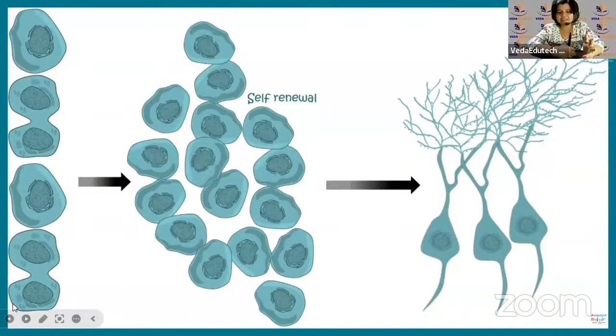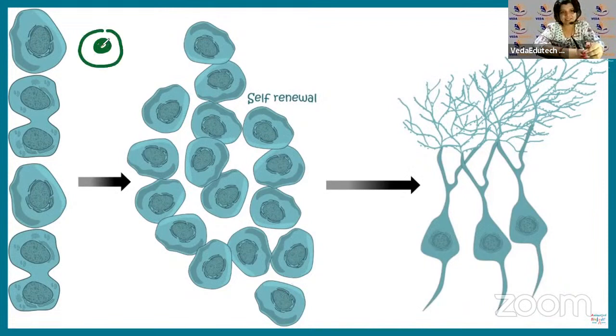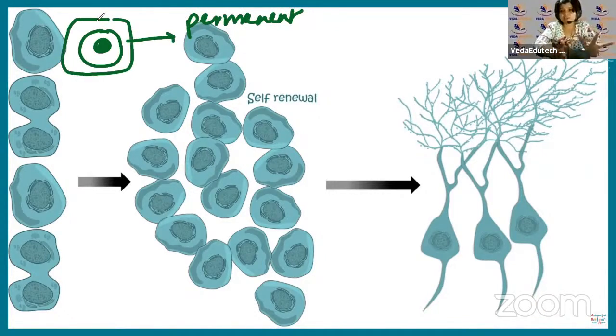And what is the advantage of this? The advantage is that this is a stem cell. Yeah? Stem cell is a cell which is mommy of all the cells in our body. Right? If all the stem cells differentiate and become permanent cells, then we will have no stem cells at all in our body. That is not what we want. We want stem cells to stay alive, right?